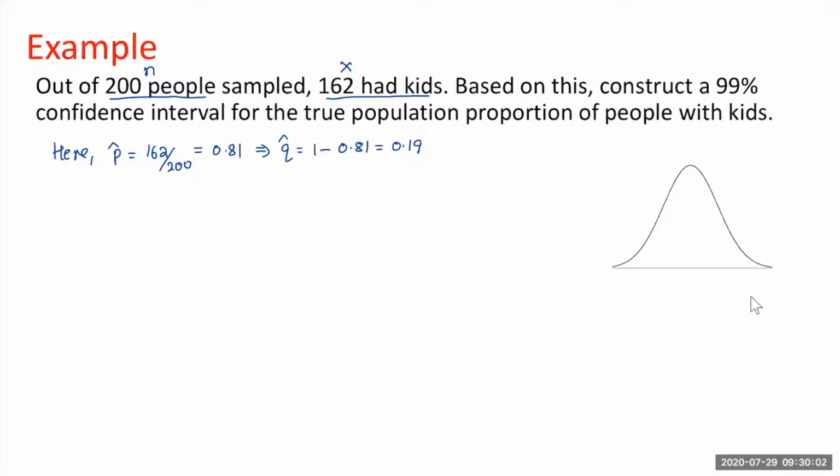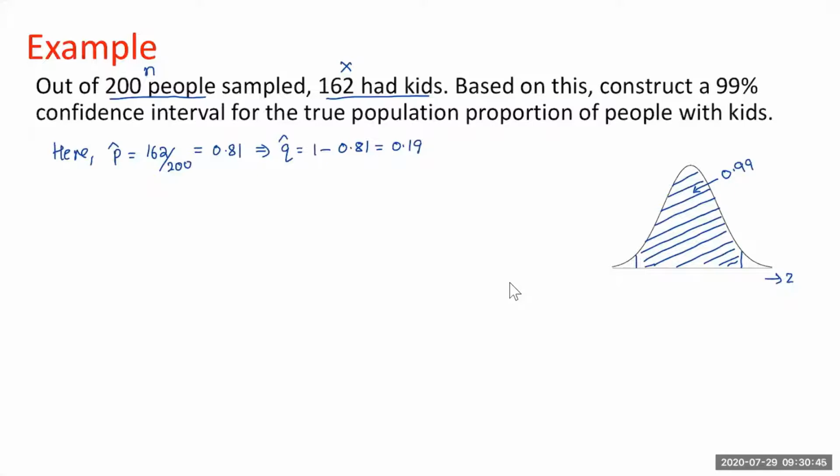Because we are talking about the proportion, the distribution of the sample will be z distribution. So along the x-axis, you will have the z value. And in the middle, I want the 99%. This is 99% area, C equal to 99%, because we are constructing a 99% confidence interval. So this is 99%, 0.99. The remaining 1% to make 100 is divided into two parts, so you have 0.5% on each side, or each tail.